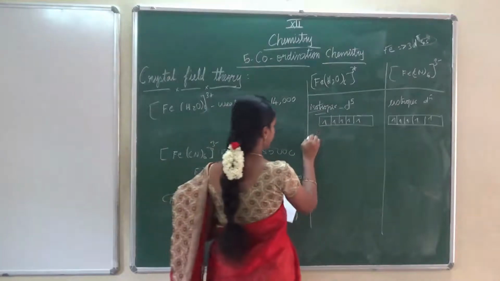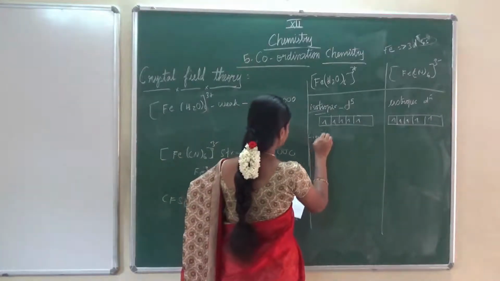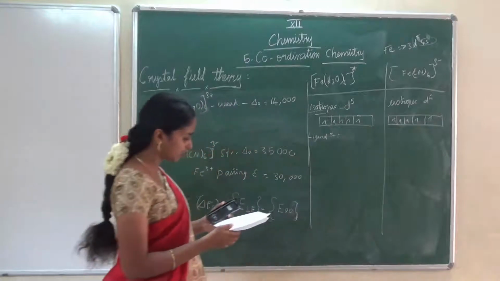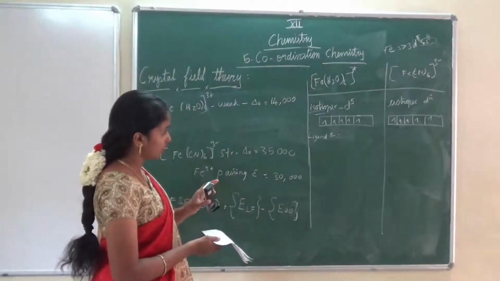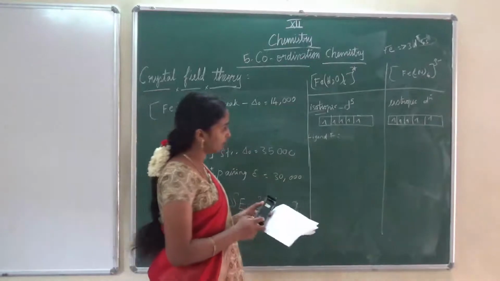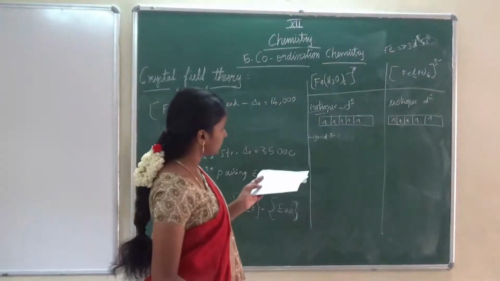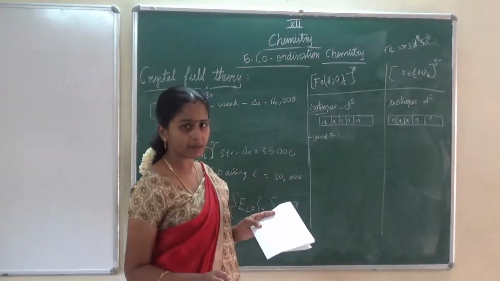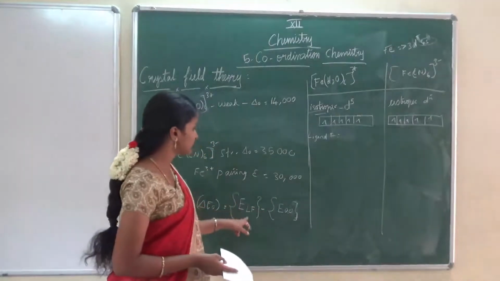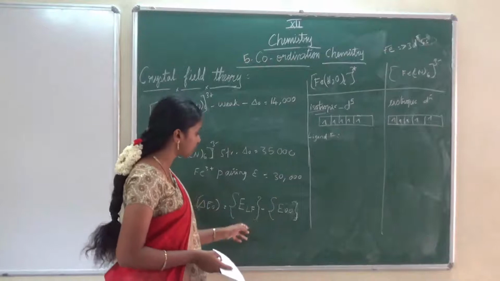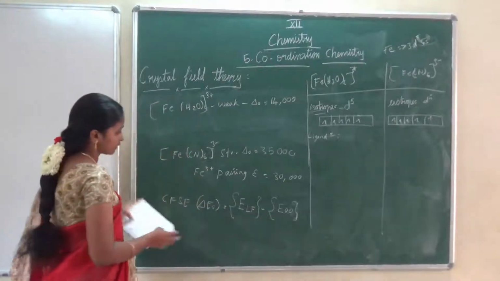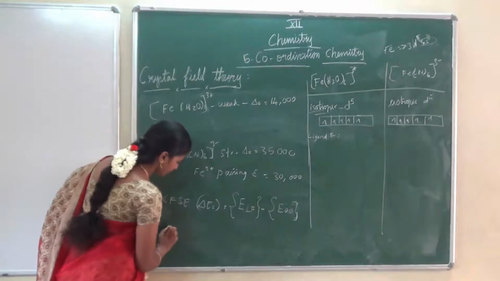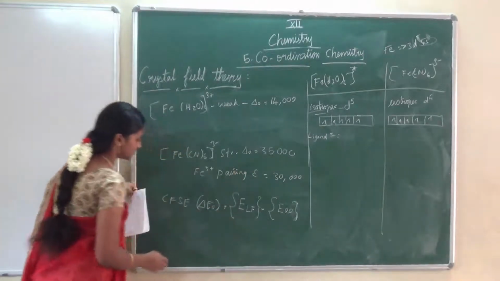Next is ligand field. Now the ligand is going to come. In ligand field, now see, if you notice there, are there any paired electrons in this isotropic field? There is no paired electron. Here they are giving another formula also for the ligand field. How we have to find the energy?